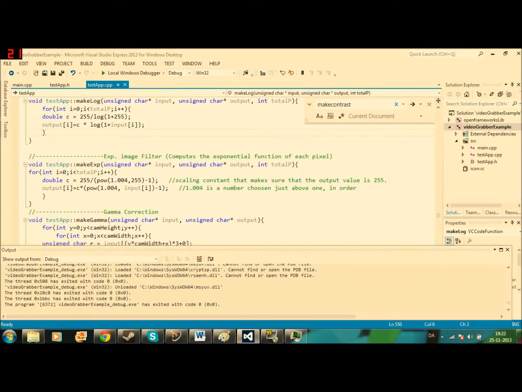And the same thing is done in the exponential filter, and here I just have a different kind of scaling constant. It actually has the exact same purpose, that this scaling constant makes sure that the output value is 255. This is just something that has to be done differently because we're dealing with an exponential equation. 255 divided by the power of 1.004, and why I exactly have